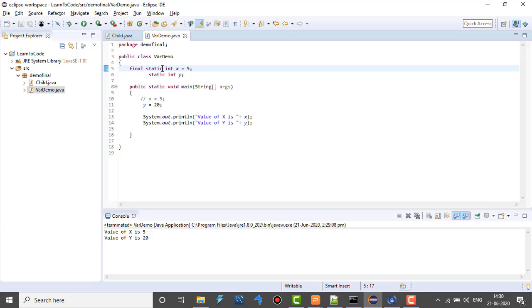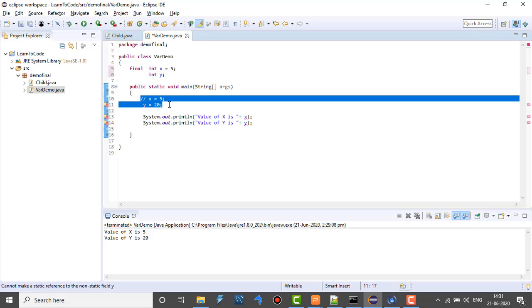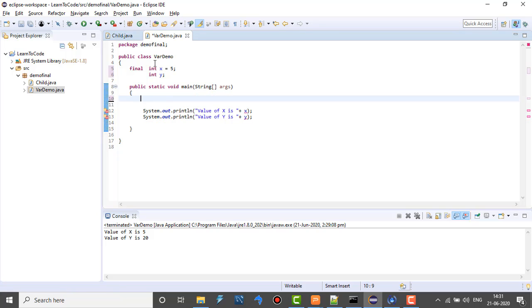Within the same code, I'll remove the static keywords. So now both the variables x and y have become instance variables.